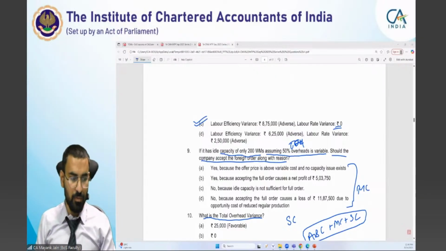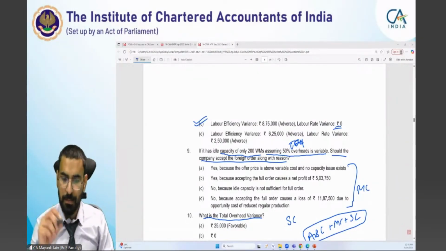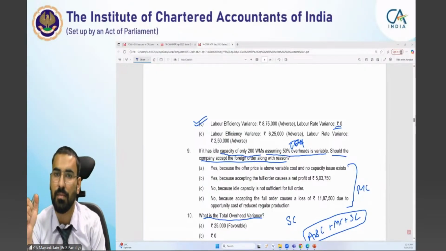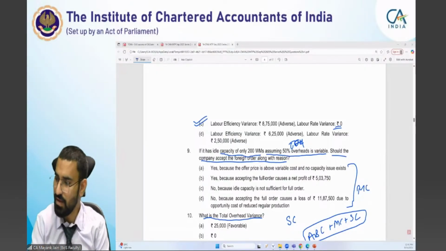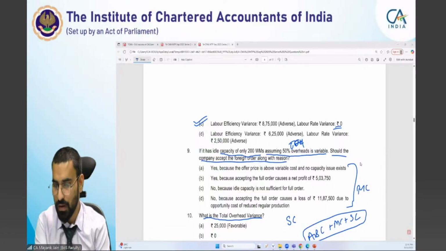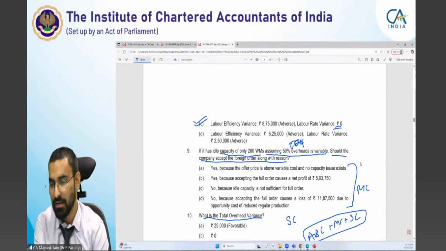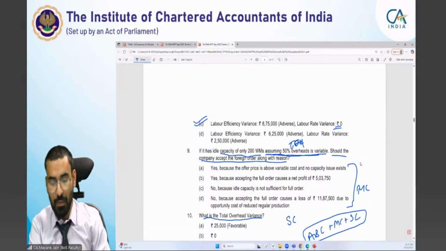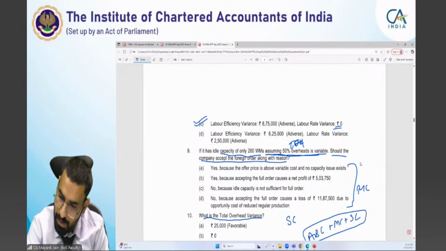नेक्स्ट क्वेश्चन पे फिर हम मूव करते हैं। हमारे पास आइडल कैपेसिटी है 200 यूनिट्स की, 500 यूनिट्स का हमारे पास ऑर्डर आया था, हम ऑलरेडी रीड कर चुके हैं। 50% ओवरहेड्स हमारे वेरिएबल हैं, ये हमारा इंपॉर्टेंट रोल प्ले करेगा। Should the company accept the foreign order along with the reason? अब हमें बताना है, अब इसमें हम क्या करेंगे, इसमें हम इंक्रीमेंटल कॉस्ट निकालेंगे,